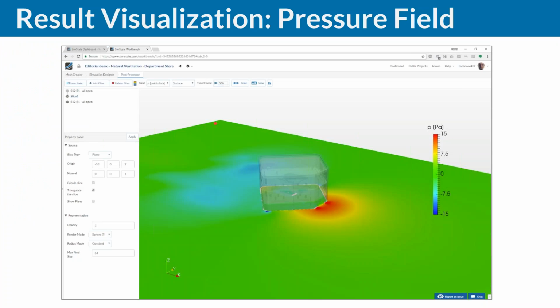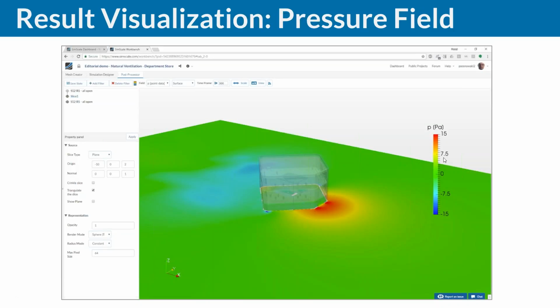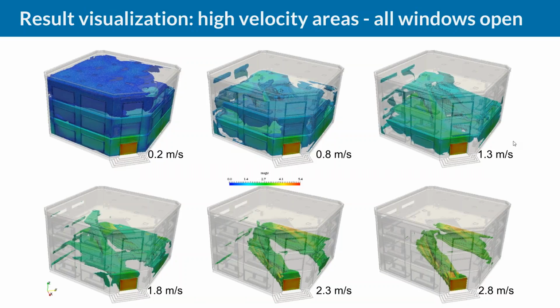All right, and now let's go back to my presentation. And as I mentioned, you can post-process the results in your web browser. And now I've prepared some result visualizations to discuss the insights the simulation gives us. Let's first of all start with the thermal comfort, and this is very much related to wind speed inside the building. On the slide you can see 6 different thresholds of flow velocity for the configuration where